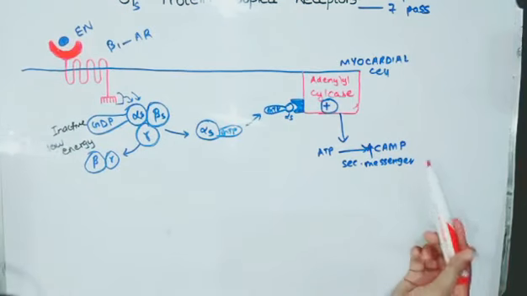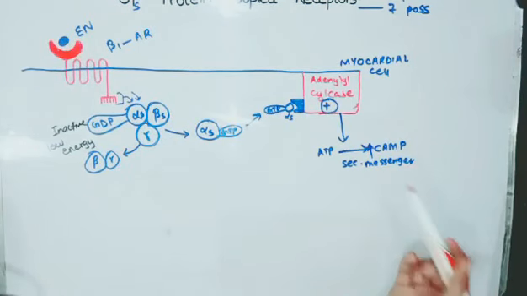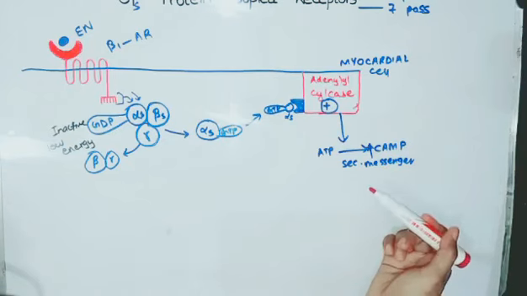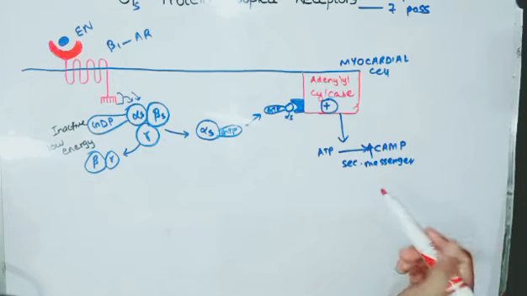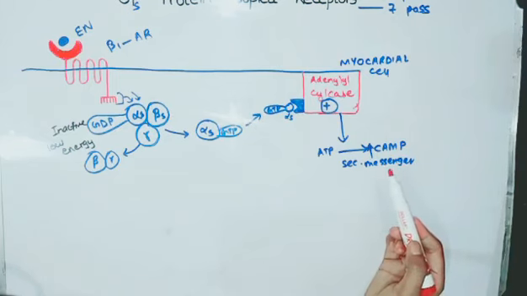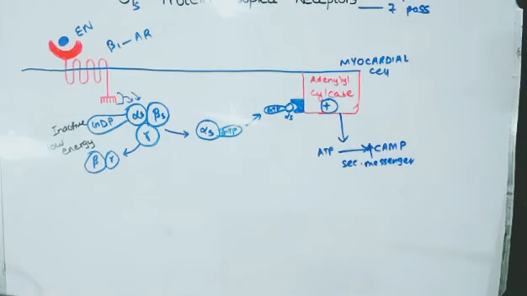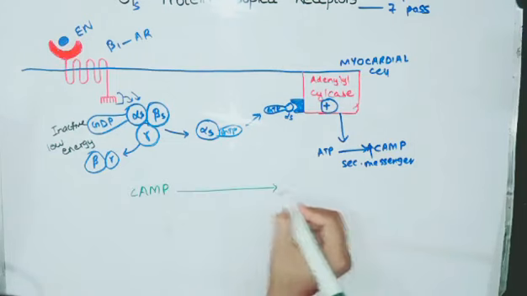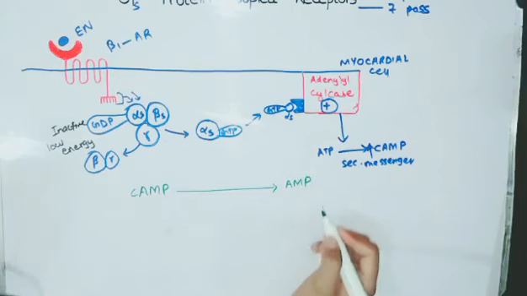Now we have seen that there is an increased level of cAMP, and in different ways cAMP is now bringing changes or modification in the cell's activities. Now there needs to be some counteractive mechanism to decrease these levels of cAMP. So there is an enzyme which is known as phosphodiesterase, and phosphodiesterase is basically an enzyme that converts cAMP into AMP. So cAMP is converted into AMP, and this is by an enzyme which is phosphodiesterase.